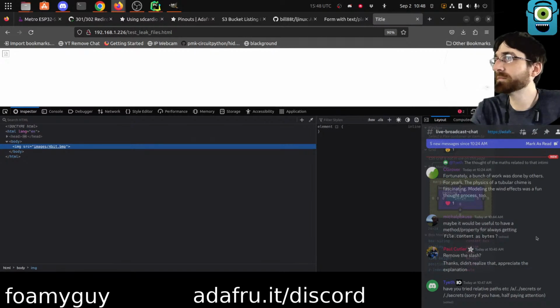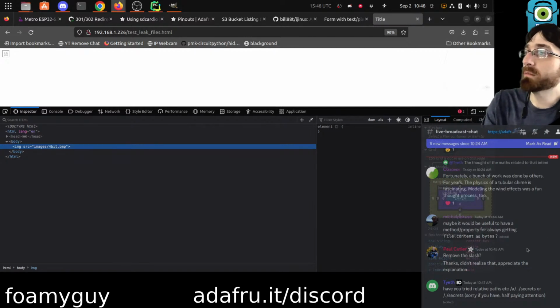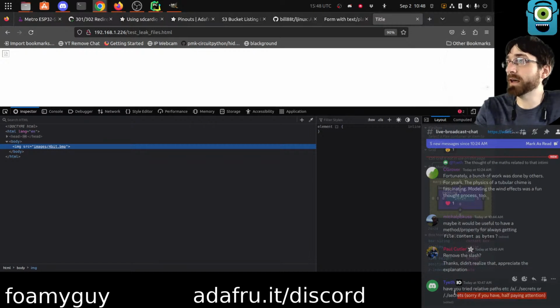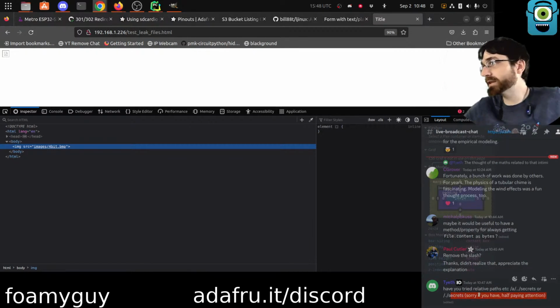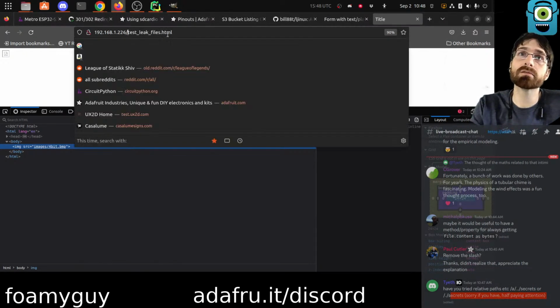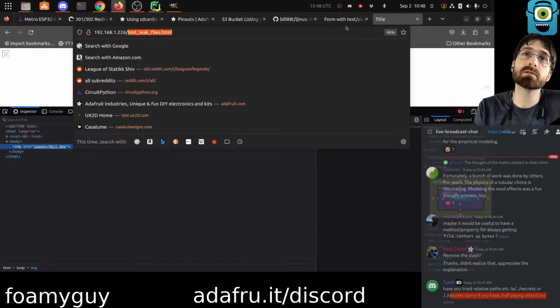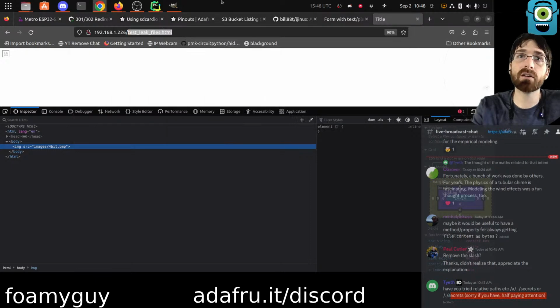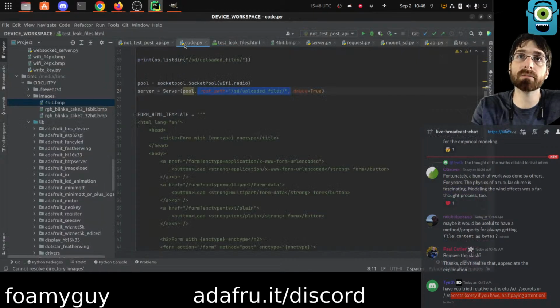Okay, good. Relative path. Yes, that path traversal is what that's called. Dot dot slash is already taken care of. That was one of the first things that Michael Pocusa did as far as improvements in the library. Right now our static is set to SD slash uploaded files. So if we did dot dot slash again,